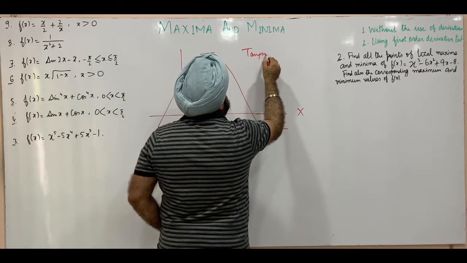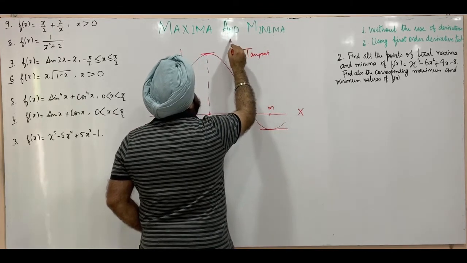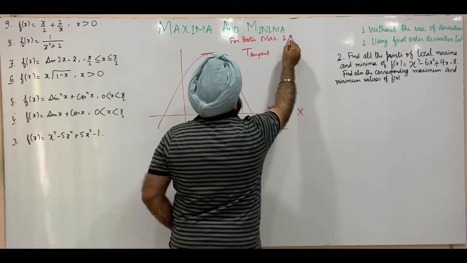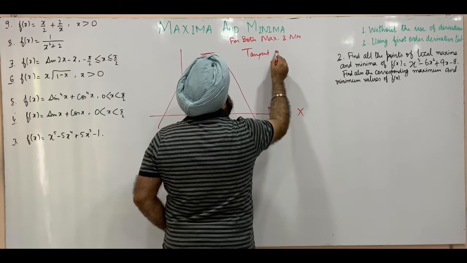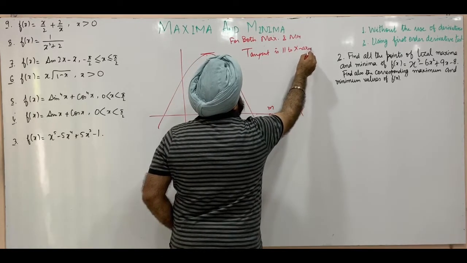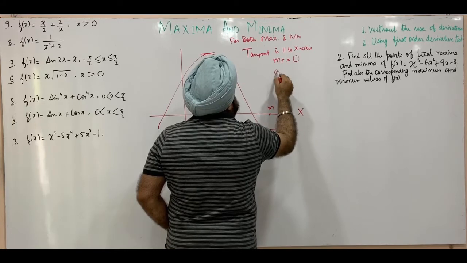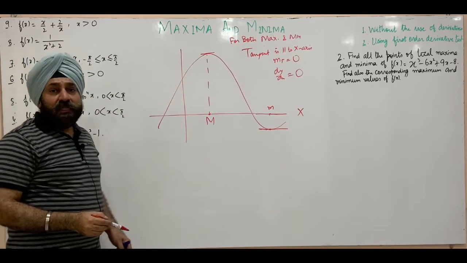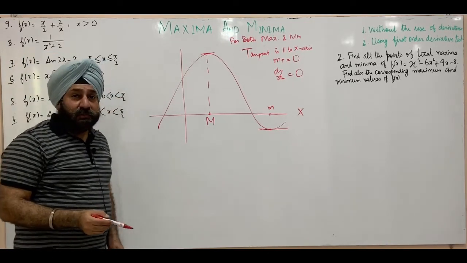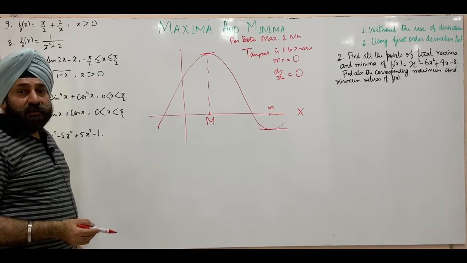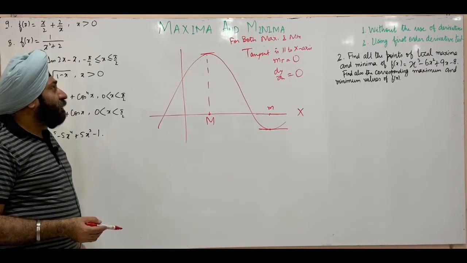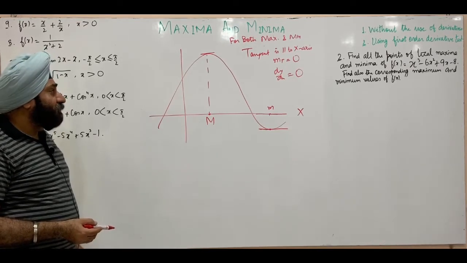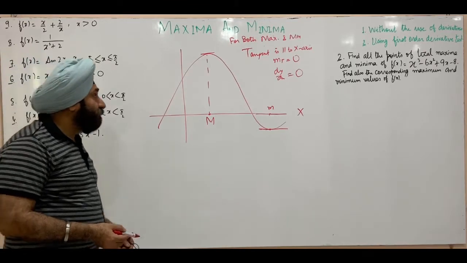So we have the tangent, this is common for both maxima and minima. For both maxima and for minima, we can see the tangent is parallel to the x-axis. That is, the slope of the tangent is 0 or dy by dx is equal to 0. So that will be the first step, that we solve dy by dx is equal to 0. This will give us the critical point or points, and we'll use the first order derivative test to check whether the obtained points are points of maxima or points of minima.